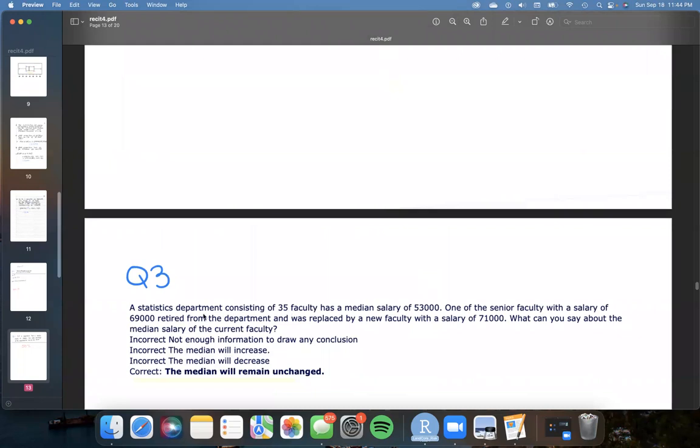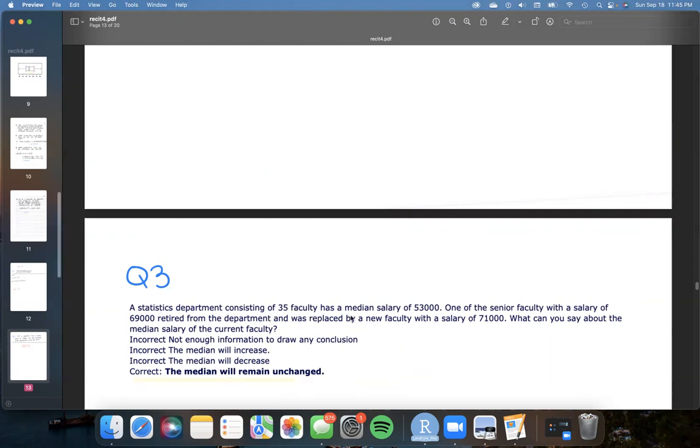A statistics department consisting of 35 faculty has a median salary of $53,000. One of the senior faculty with a salary of $69,000 retired from the department and was replaced by a new faculty with a salary of $71,000. What can you say about the median salary of the current faculty? So here we can say that the median will remain unchanged because,